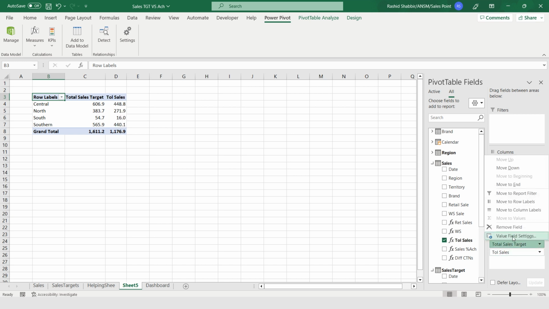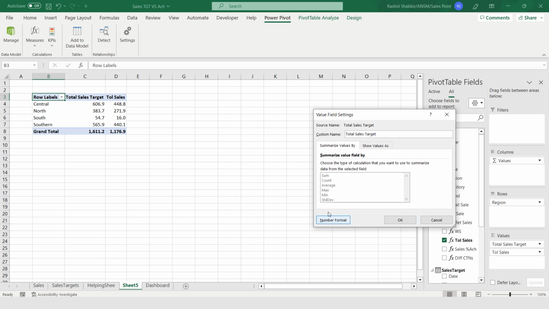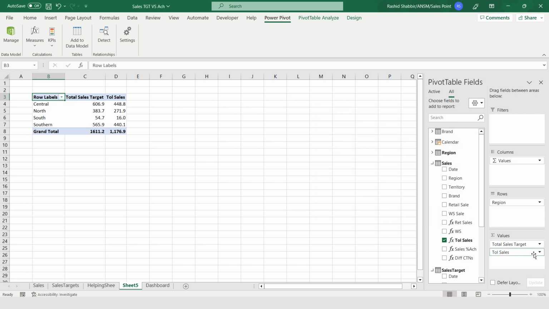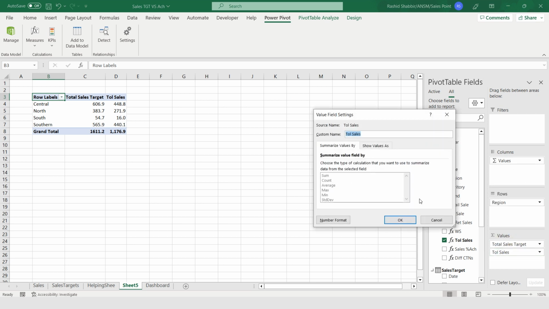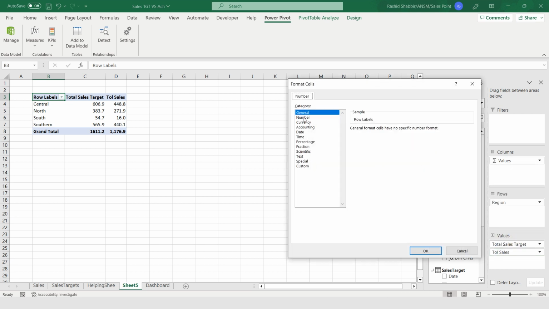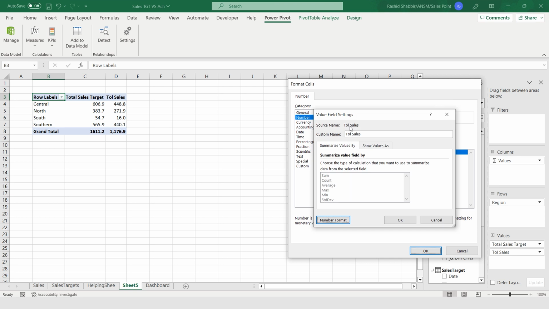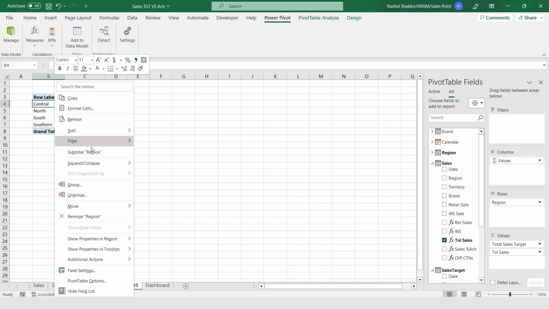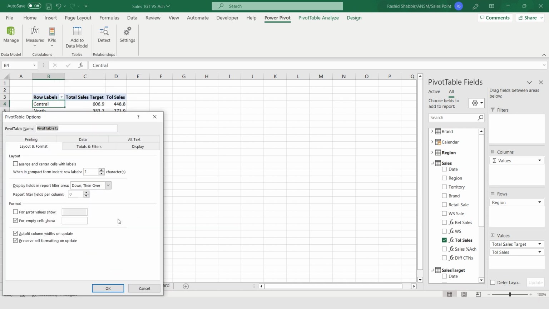I'm going to value field settings, number formatting, number, and here I'm selecting one decimal. Repeating this process again for this as well, number into one decimal. And I'm right clicking on the pivot table.